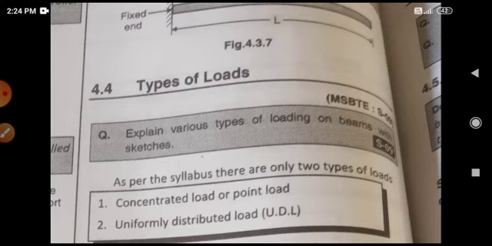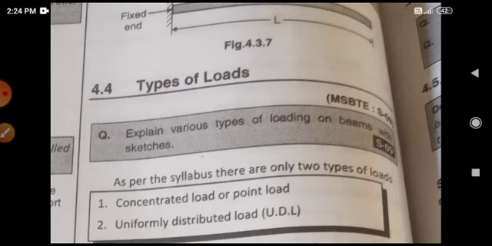In the last lecture we studied what is beam span, which is the length between the supports. We covered different types of support: fixed, pinned, roller, and simple support, and types of beam like simply supported beam, hinged, roller, continuous, fixed, and cantilever. And a very important thing, that is, for each support how these reactions are taken.